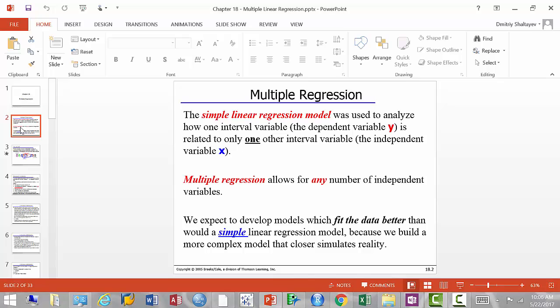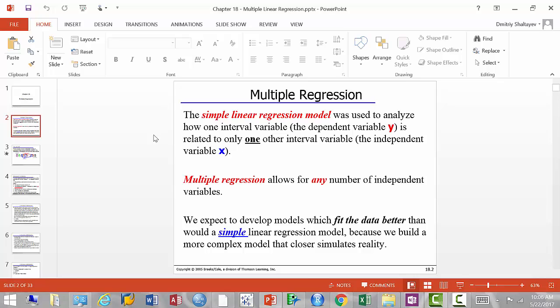But we're taking the simplistic view and saying, all these things are important, but mileage is by far the most important. So let's see how far we can go by just considering the mileage as the only factor that predicts the price of the car. That's a simplistic view of the real world, and that's simple linear regression. There is only one predictor. So in general, there are many variables that you may want to consider, obviously. Therefore, in this section, we're going to take a look at the